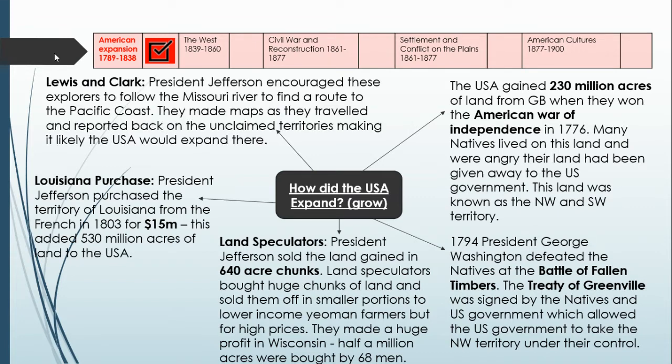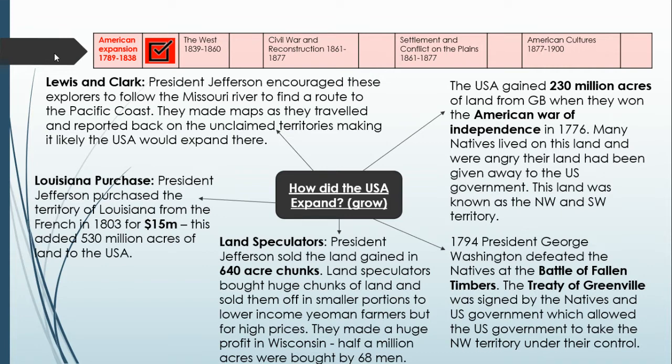Finally, we have explorers such as Lewis and Clark. Lewis and Clark are the names to know for the exam. And these explorers follow the Missouri River to find a route to the Pacific coast. Now, by looking for the Pacific coast, which is obviously on the far west of America, they are going to